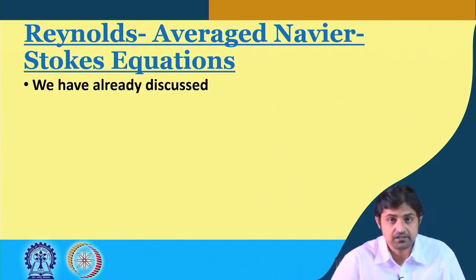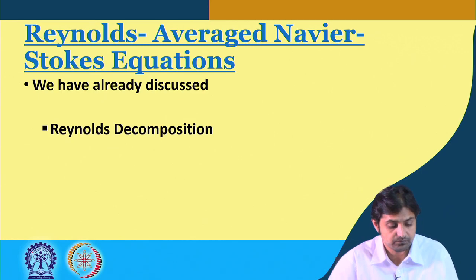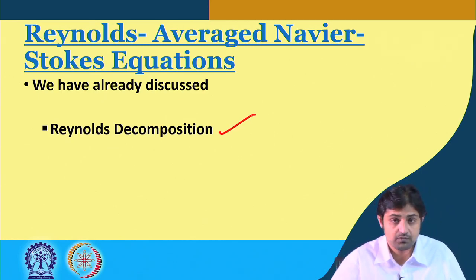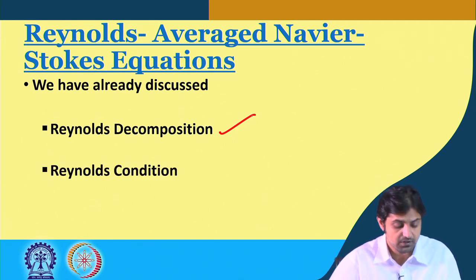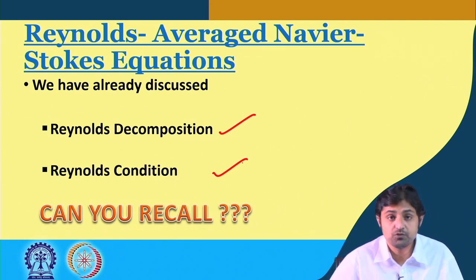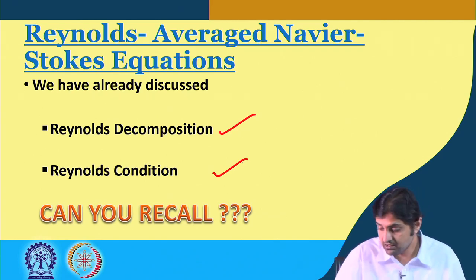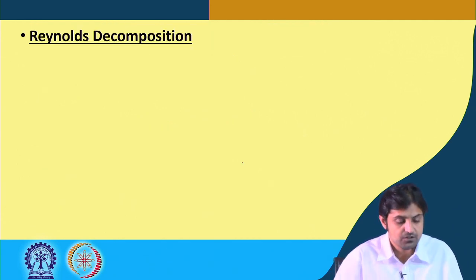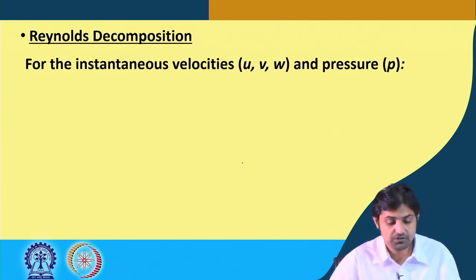So we have already discussed this term called Reynolds decomposition. We have already discussed this in the laminar and turbulent flow module, and the Reynolds condition. If you are able to recall, fine; just in case you are not, I have included that again as a quick repetition. So what is Reynolds decomposition? For the instantaneous velocities u, v, w